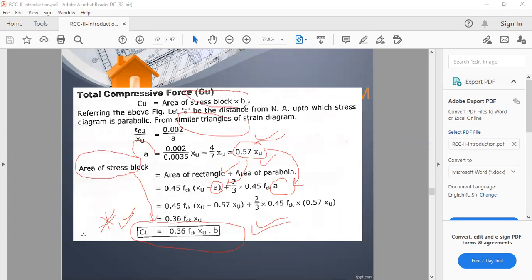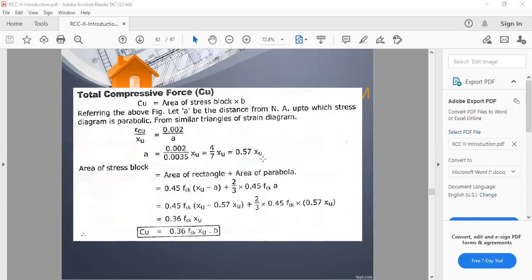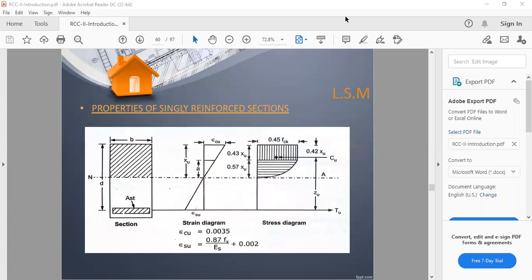Because we are considering this area of the stress block multiplied by B, that is nothing but the total compressive force. So that's the final compressive force you will get. What is the compressive force? If you just consider this diagram itself, this is your compressive force,